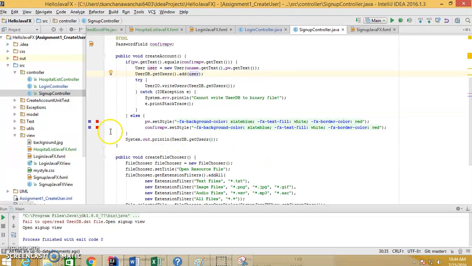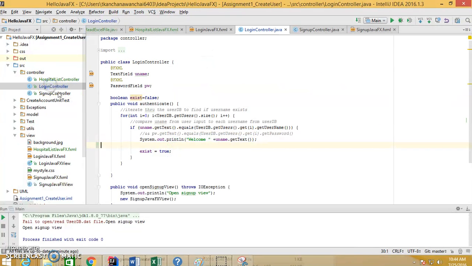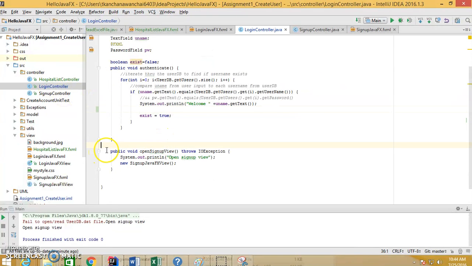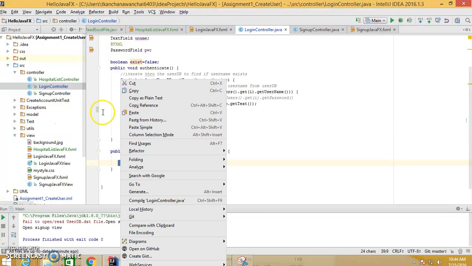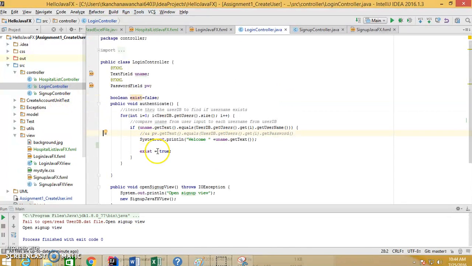when it hits sign up, I can just go to login and look at when I do sign up right there. It's open sign up view, which is the controller. Open sign up view. So we just do a new constructor for our SAP JavaFX view. So this is something that we can do. Like once the welcome path, we can just do new,